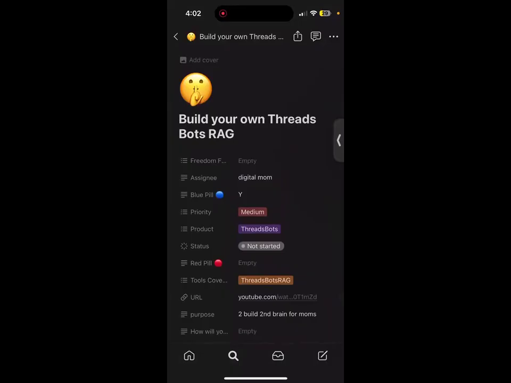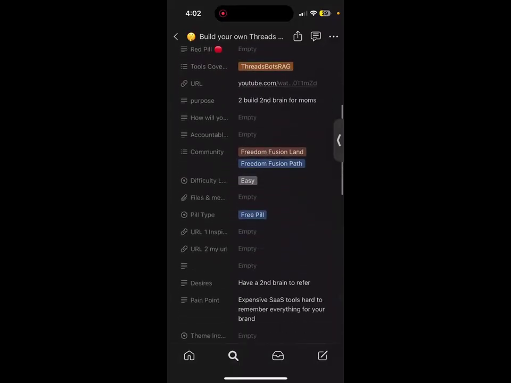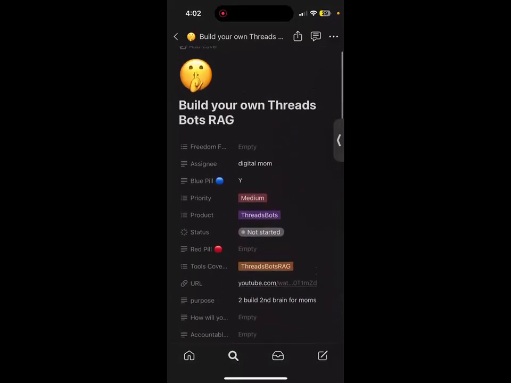You could ask your RAG system, which is basically a UI, and I showed you guys what Threadsbot's RAG is. What this thing does is basically give you your own user interface, like your own chatbot on your computer, and you could also make it mobile and communicate with voice. It's basically your second brain where you feed information from your own brand and you can ask questions.